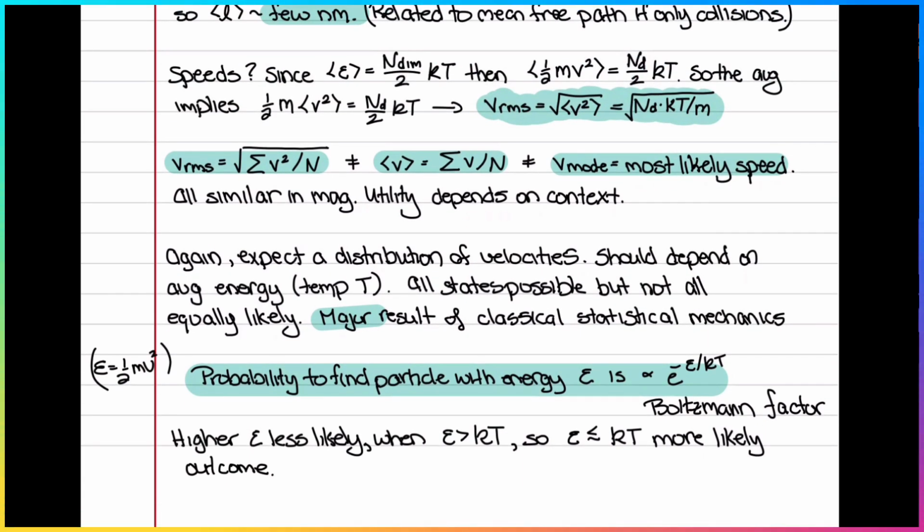Now, the probability of finding a particle with a particular energy E is proportional to this exponential, Euler's e to the negative energy over kT. That's what's called the Boltzmann factor. So what this says is that the probability, we can use this margin here at the bottom,